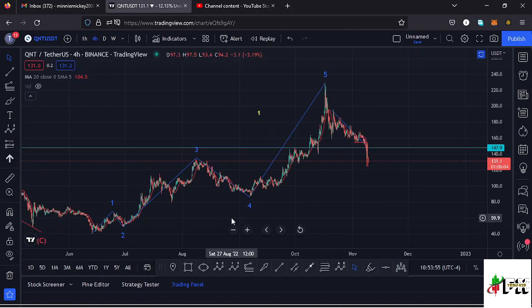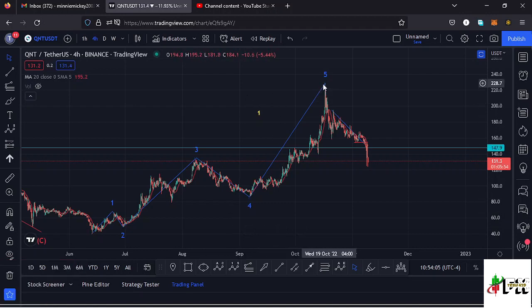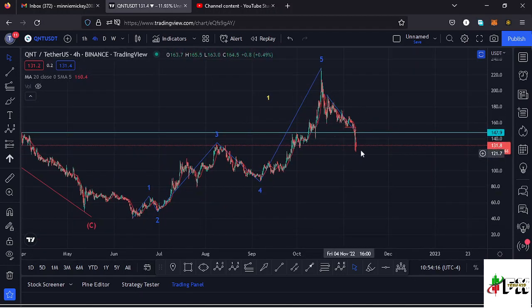So after removing that Elliott wave structure that I had here on the charts, now this is how we can view this Quant movement to the upper side, as this is a higher Elliott wave count 1 which came to a complete at around the $228 mark, and whatever we are seeing over here is the formation of a higher Elliott wave count 2. And using the Fibonaccis we can sketch out a minimum target area to the lower side in the formation of this higher Elliott wave count 2,